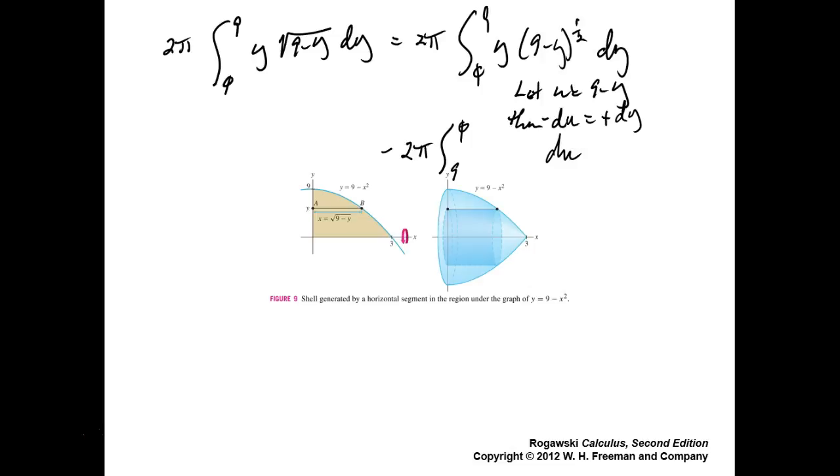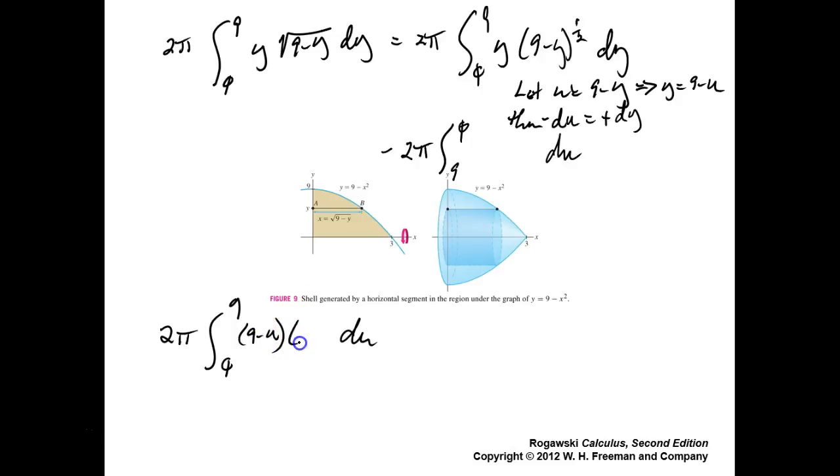Well, guess what? I don't like to do the big number on the bottom. I want to flip those, but when you do that, you negate, right? So that loses this, so you go back to being 2 pi integral from 0 to 9, but now we're going to put the du in here, and ooh, we got a y in there. But you see this thing right here, this means solve for y, and you get y is equal to 9 minus u, isn't it? Okay, so the y becomes a 9 minus u,